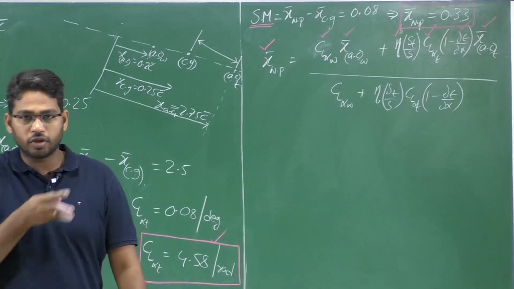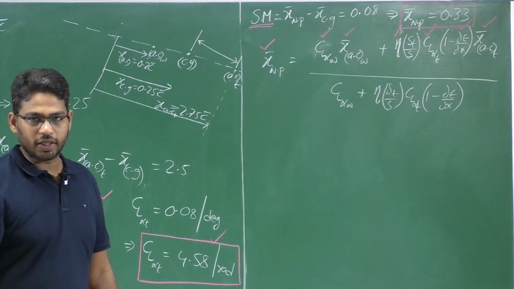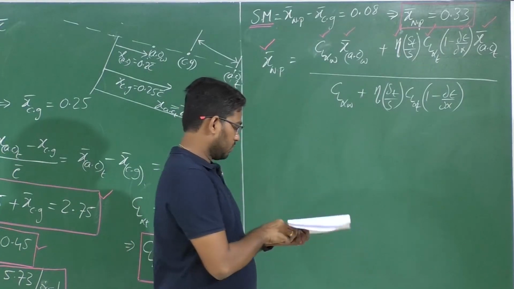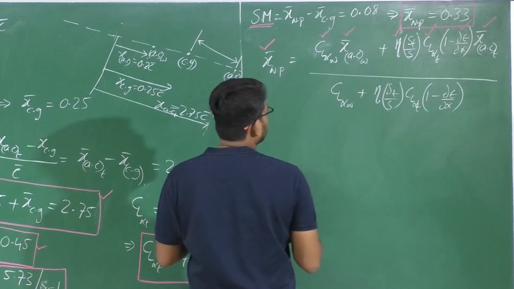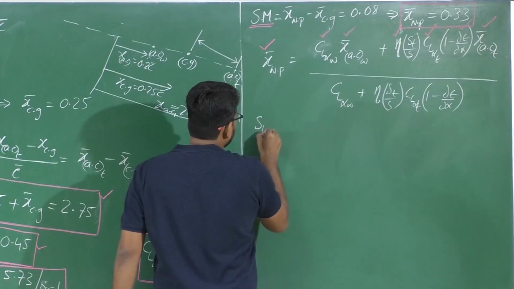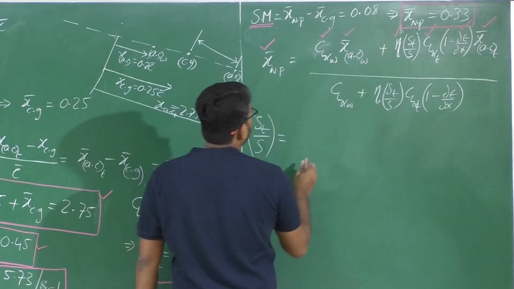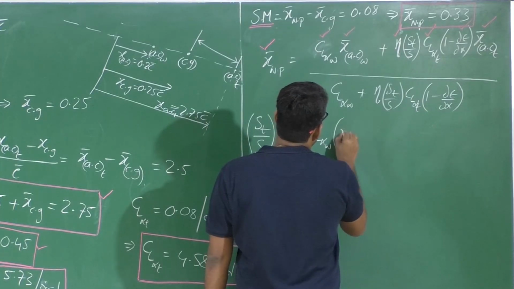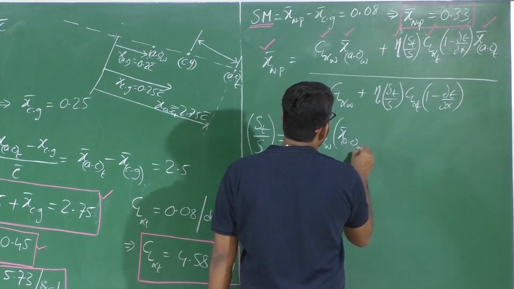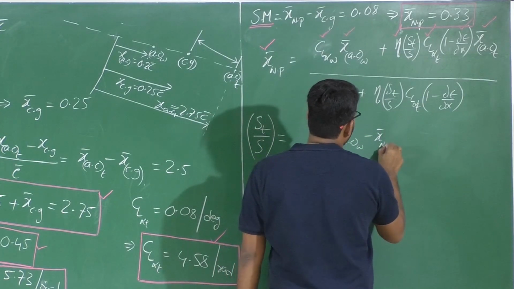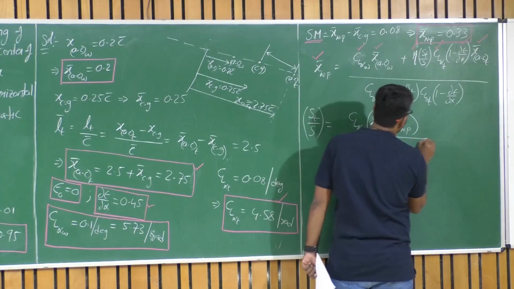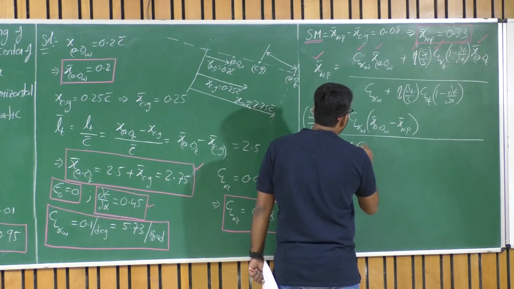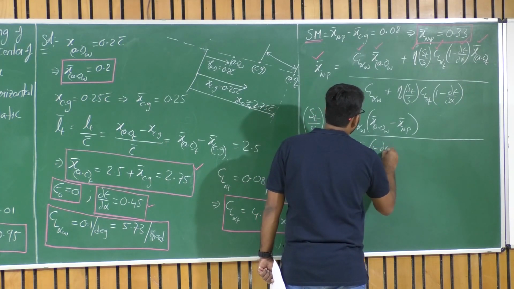With the given static margin and CG location, we got where the neutral point should be. For me to have the neutral point at this particular location, what should be the area of the tail? So that is what we can solve from this particular equation. So you can simply substitute this, or say St upon S. If I rearrange this equation, what I can have is CL alpha of wing times x bar AC of wing minus x bar NP upon eta CL alpha of tail 1 minus dou epsilon by dou alpha.